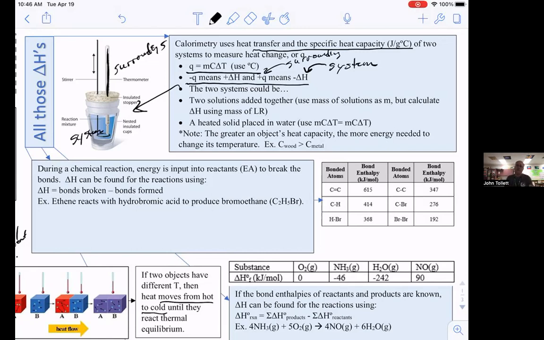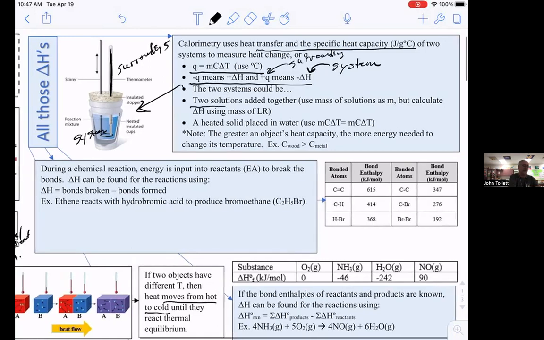But in calorimetry, it's switched because you cannot measure the system. You actually measure how much energy is gained or lost by the surroundings. So those two systems could be two systems added together, and in that case, that would be a little bit different. You would have to calculate the delta H using the mass of the limiting reagent, and you would have to check and see if you've got the same number of moles of both and how they react together. But that would be, for instance, if you add HCl and NaOH together and then measure,